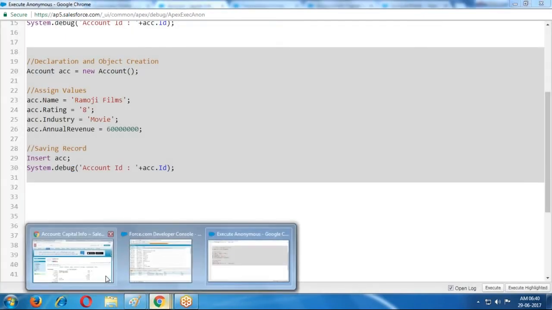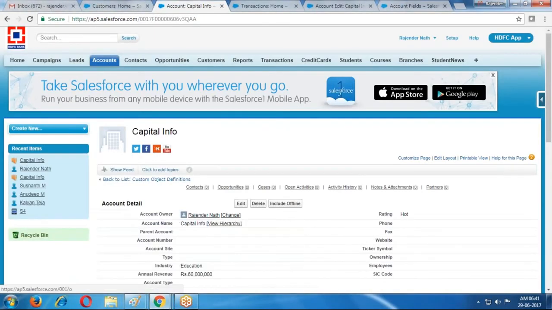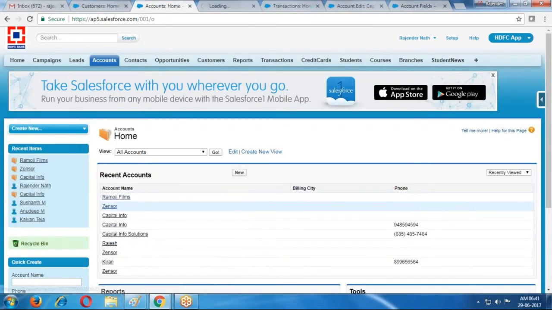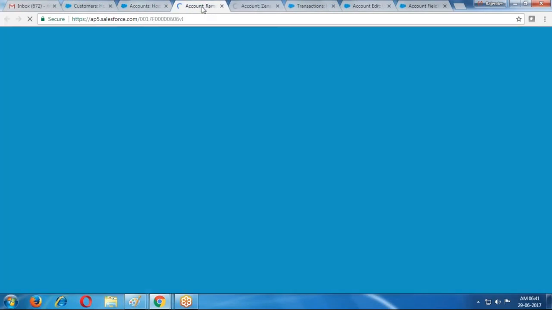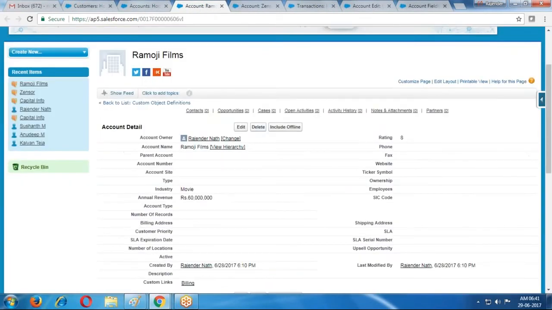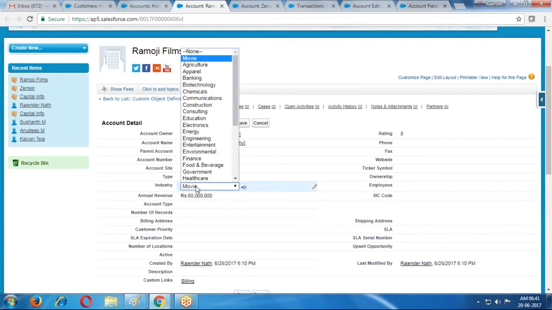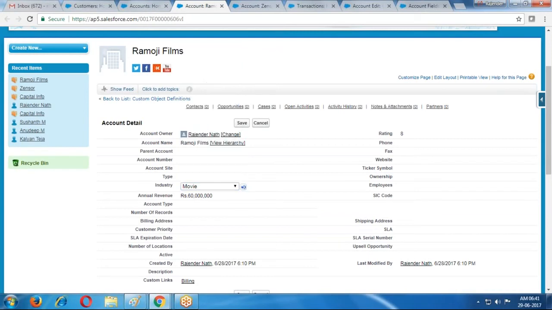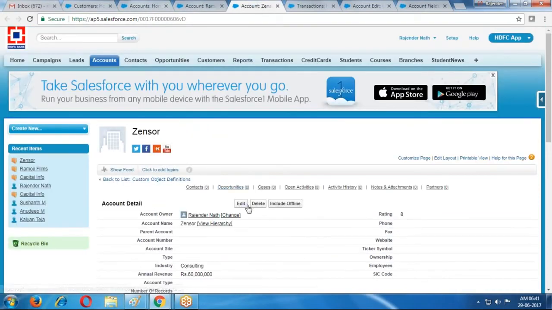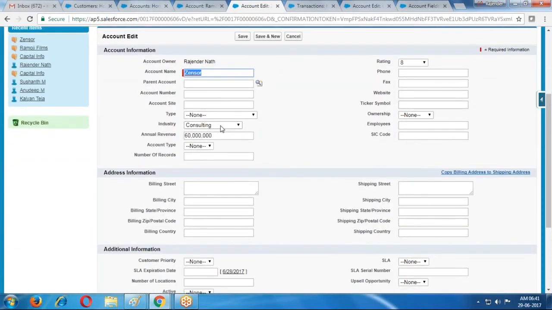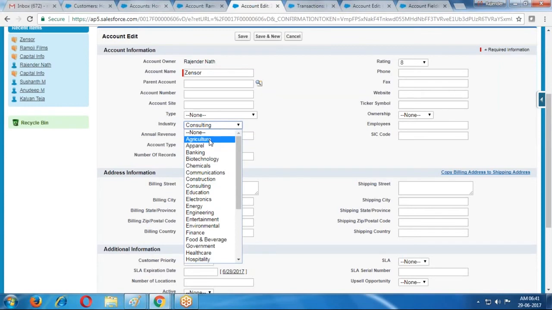If I open the account object, there is Ramoji Films, and Gensar is also created. If I open Ramoji Films, rating equal to 8 and here movie is the industry. Movie is the industry, it is displaying here. Now if I observe Gensar, if I edit this field, is there any movie?